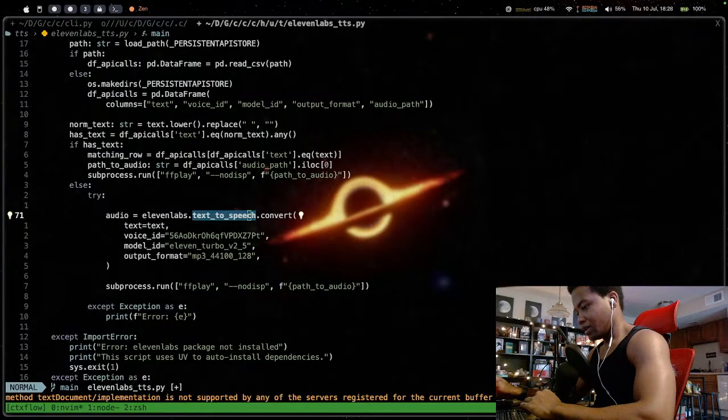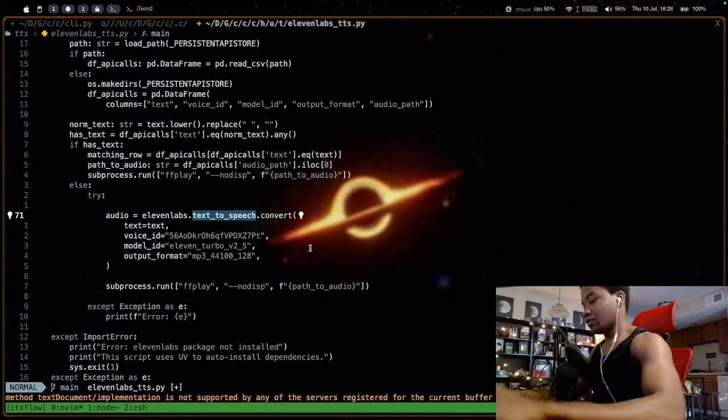It's saying it's a generated audio file. So